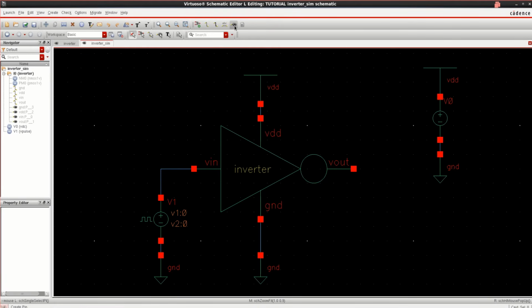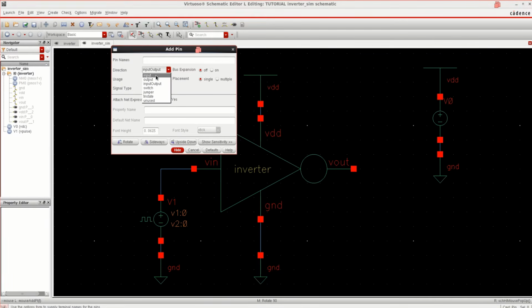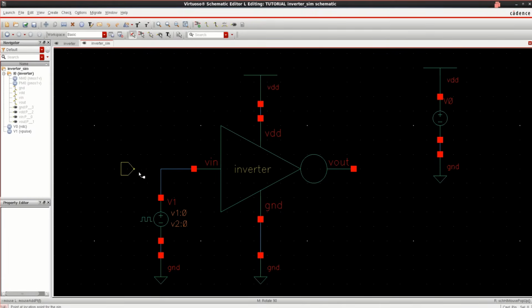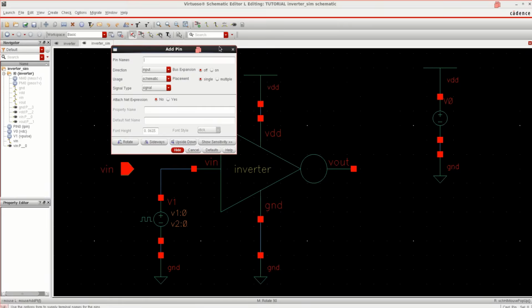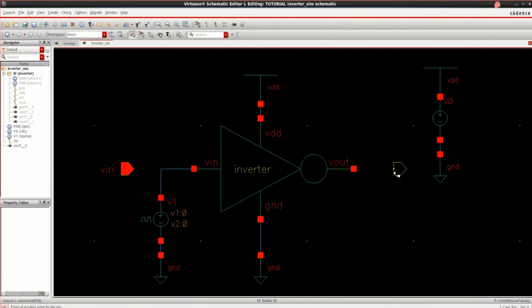Now place the pins for input and output. Click on Create Pin, set the mode to input and name it Vin. This is what I want at the input side. In a similar manner, click on Create Pin. This time select the mode as output and define it as Vout. Try to connect these by using the narrow wires, else it will display the net labels in the output form. So this is the design.